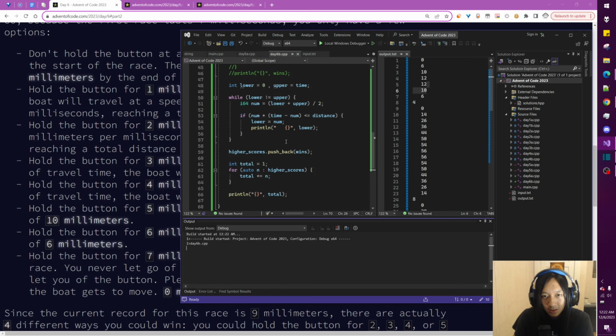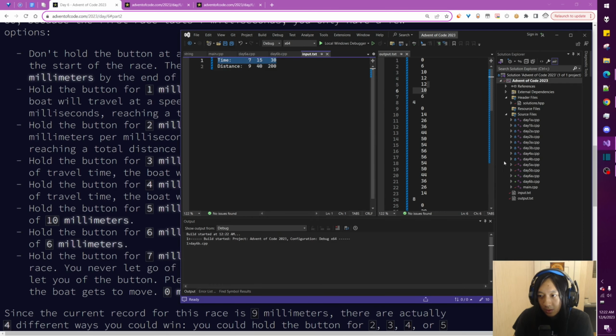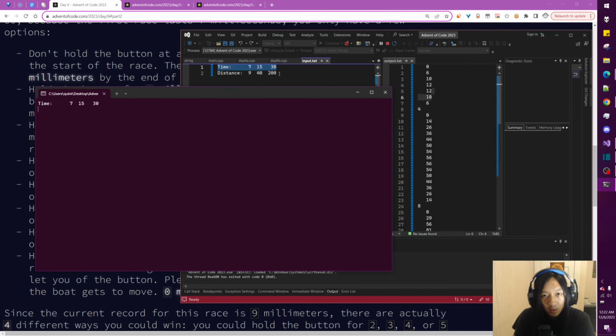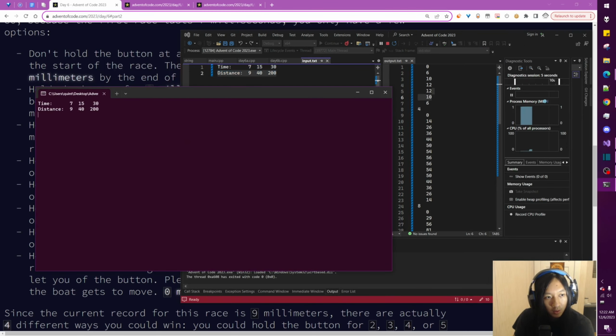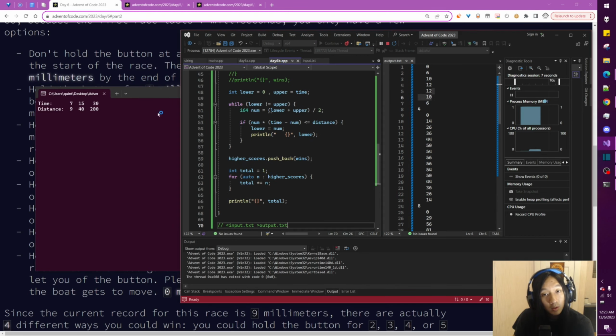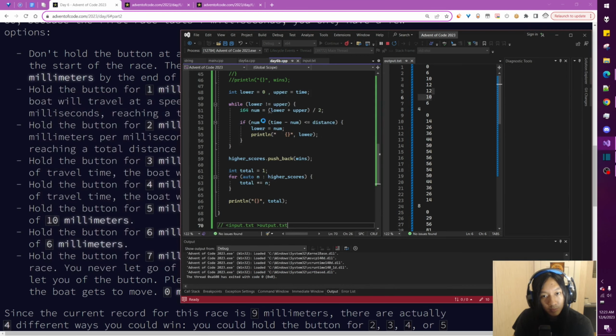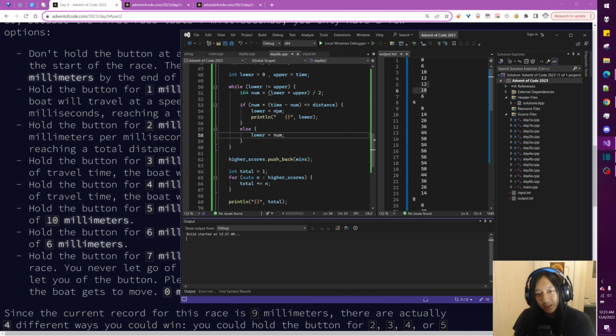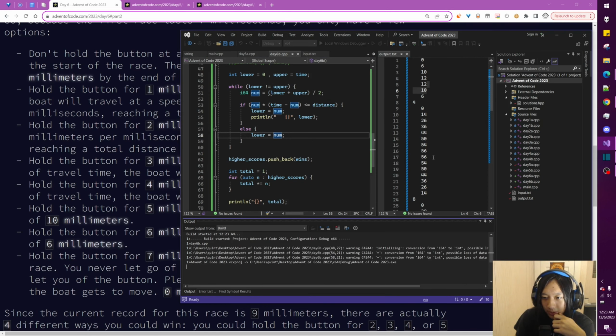Okay. Oh, whoops. We never updated the upper bound. What am I doing? Okay. Just worried about doing it like this. There are almost certainly going to be problems with doing that. For example, what if the number